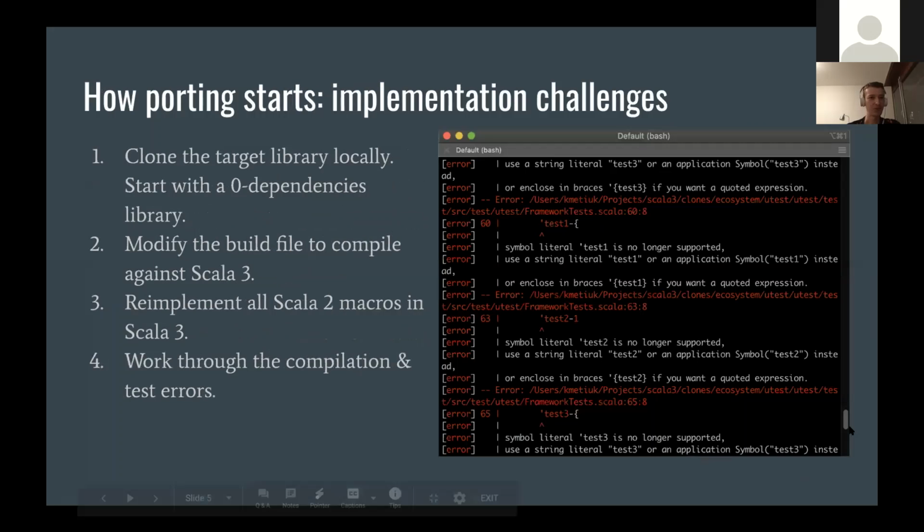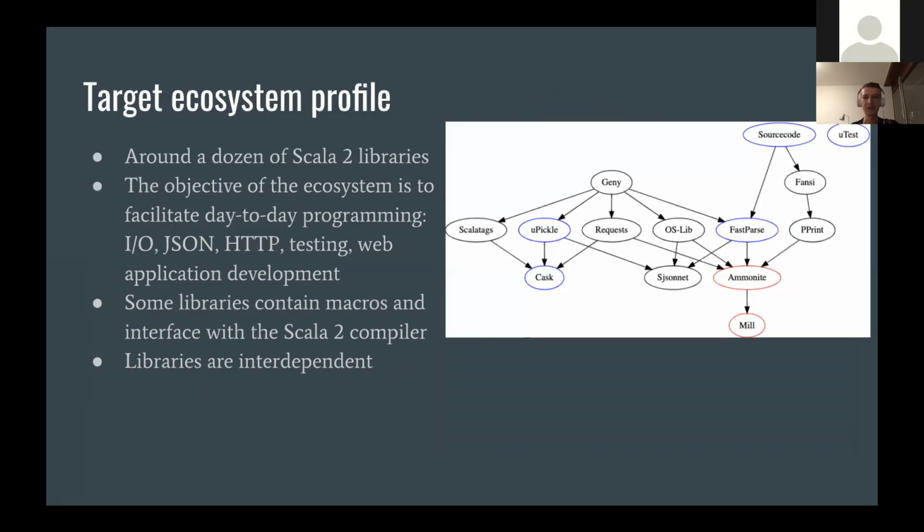All right, so how does a typical process of porting of such an ecosystem, of a moderately sized ecosystem, go? So it all starts, the most obvious, the most reasonable place to start with is some zero dependency library, some entry point into the library. So in my porting effort, the first thing that I did was targeting microtest and source code, because although they